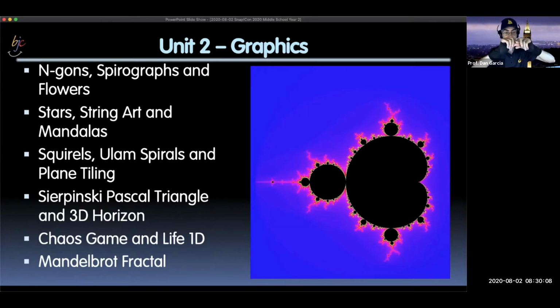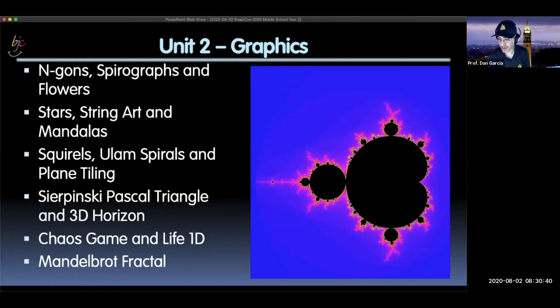It's almost like if you just looked at one row. The game of life is a plane of two states, and the center pixel is a function of the number of the 8 pixels around it that are alive or dead. I'm either alive or dead based on the number around me of that 8. Well, this is the same thing, but in 1D. So I'm looking at the pixel to the left of me and the one to the right of me. How would that affect me, the center pixel, the next guy? And so if you sweep this down, every row is the next generation. You get this picture. So we played with Life 1D, and then we all concluded with this beautiful Mandelbrot fractal,